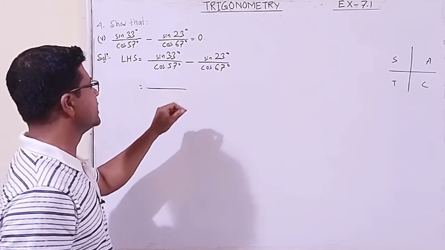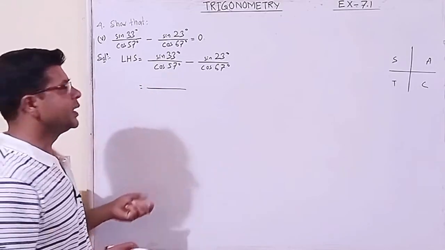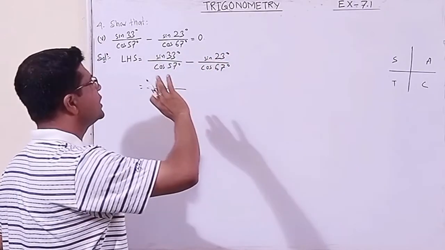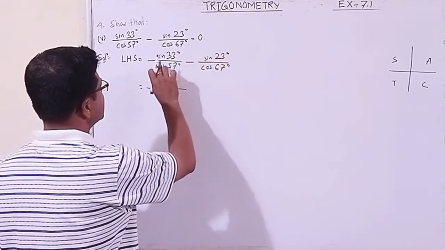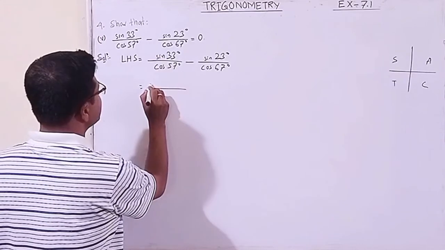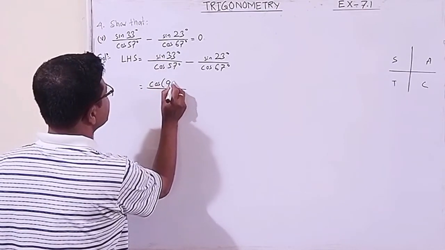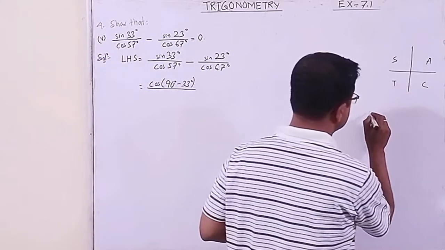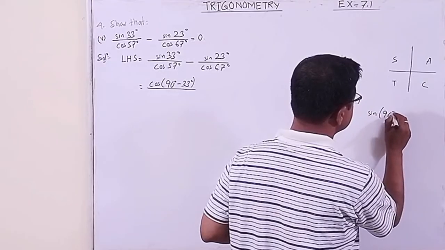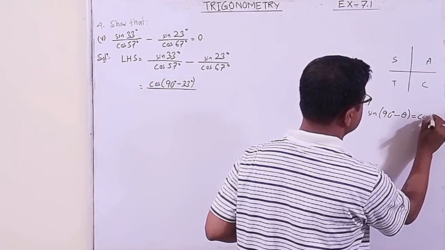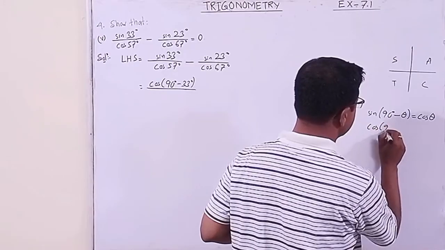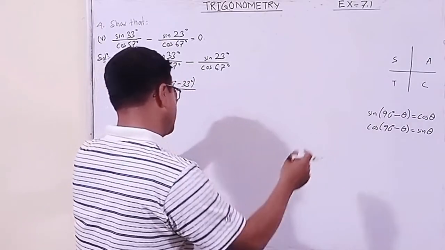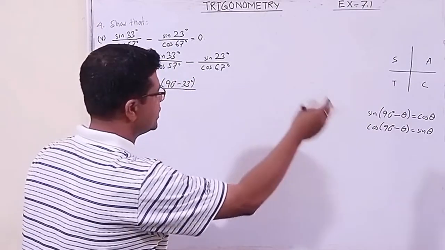These are called complementary angles. Whenever you get complementary angles, you take any of the ratios. From this pair you take one ratio, from that pair, according to your wish, you take any ratio. Suppose let us choose this one. So sine is converted to cos of 90 degrees minus 33 degrees. You may wonder how, suddenly. You see, sine of 90 minus theta is cos theta, and again cos of 90 minus theta is sine theta. For complementary angles, sine is converted to cos, cos is converted to sine.